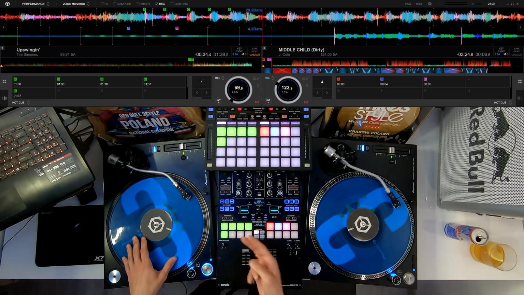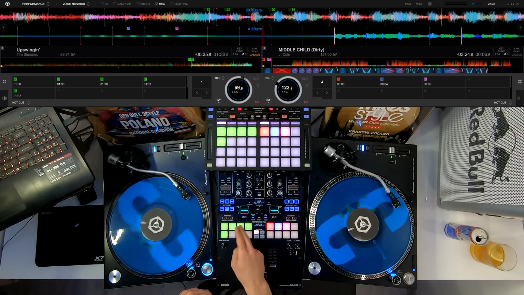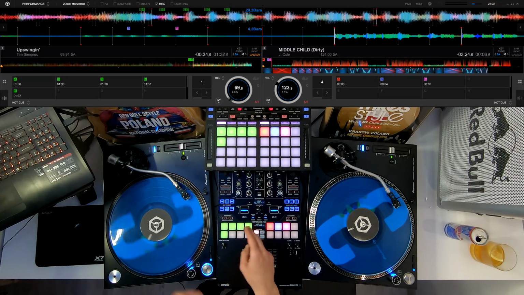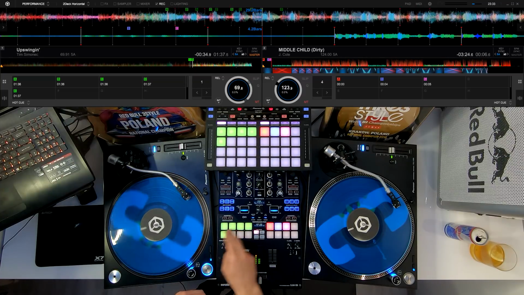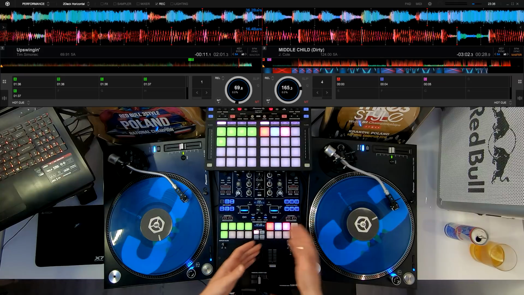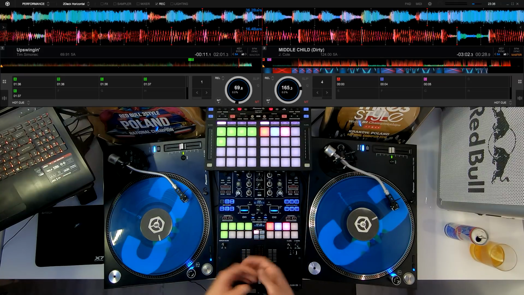Again, no doubles, so let's try the third one. Again, no doubles. Okay, so we have 5 notes, which is more than 3 on the middle child,